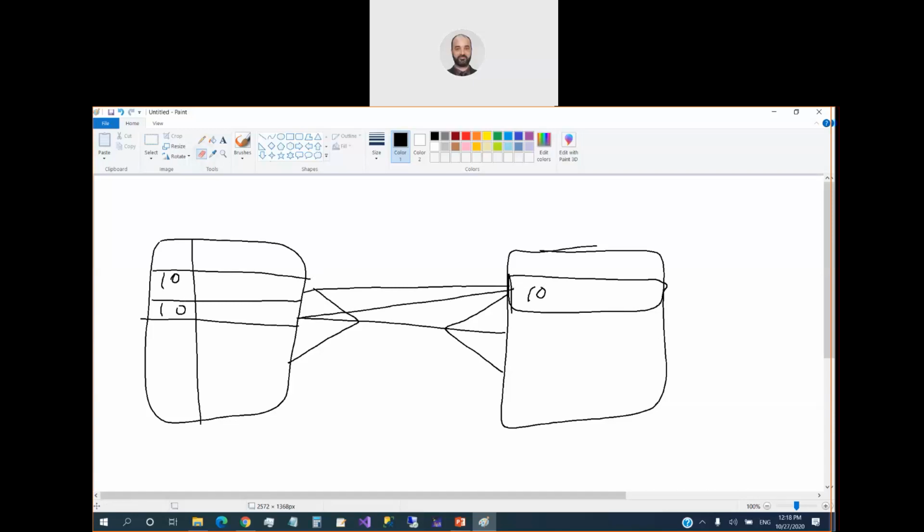Maybe I need to clean this first. Oops, this is very slow. Okay, in this case here,